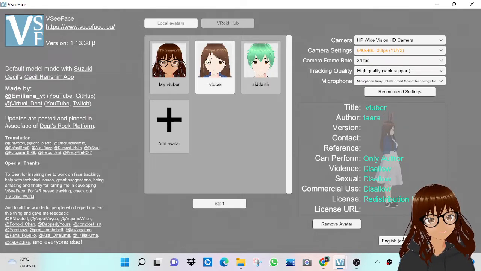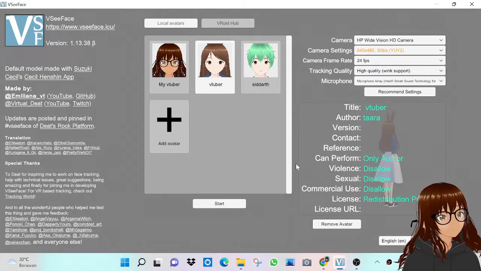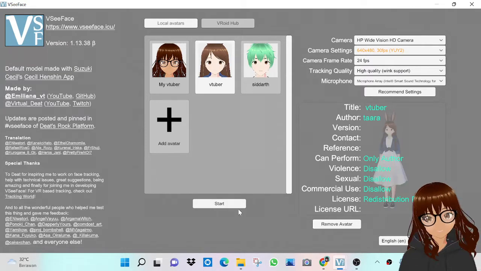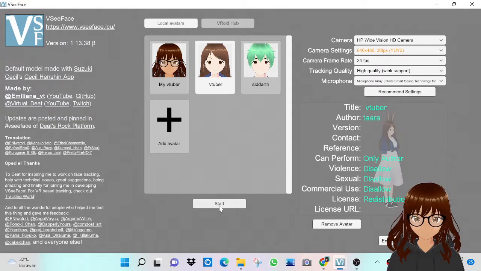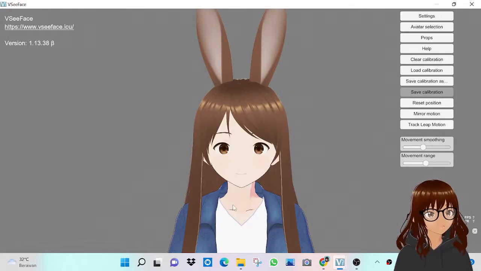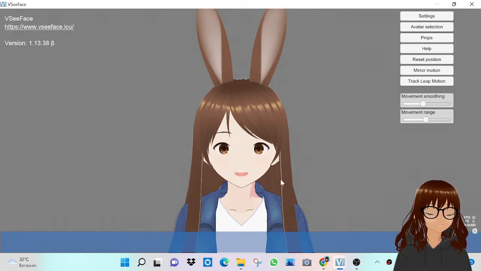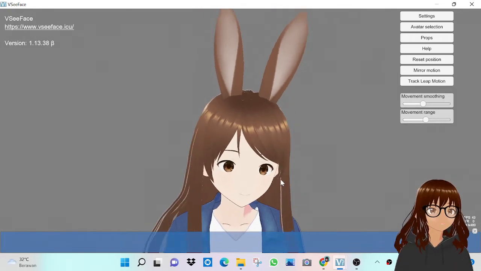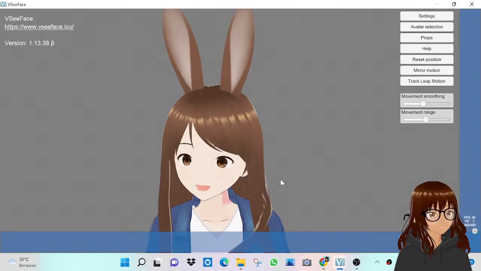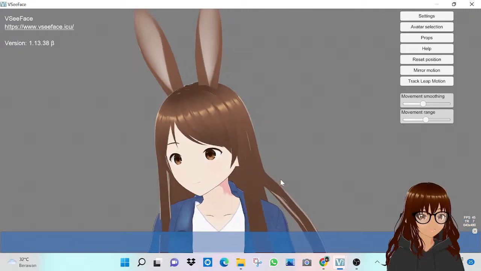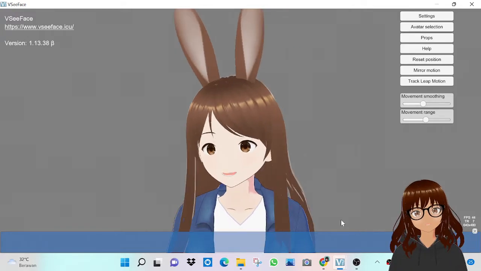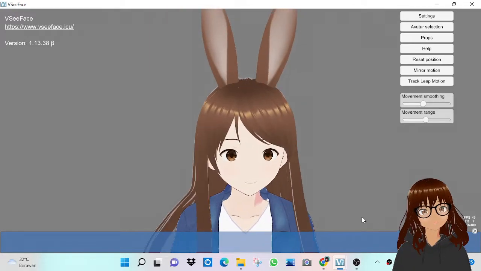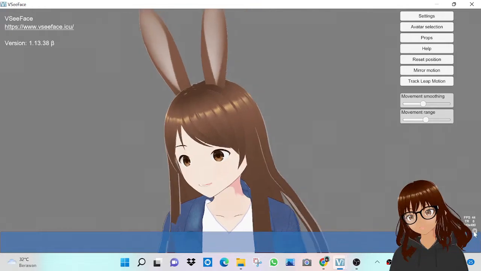So as we know, we're going to open VC Face. If you don't know how to download VC Face, be sure to check out my last video so that it will be easy for you to understand how to download this. Then obviously we click on start, and then we just wait for a while, and then start moving, and things should be working properly. And so the thing you need to do is, yes, you click on this one,